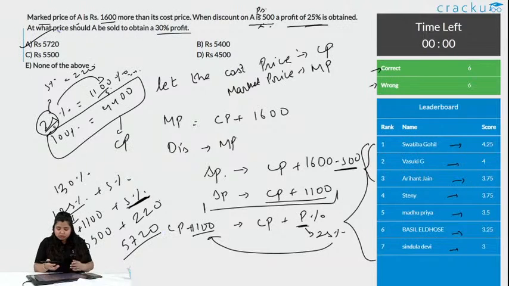See, there is no need to do all this. You can avoid it. The first thing is you can do this question without using a pen. It is saying a 500 discount on this, that means it is CP plus 1100, and we know it's 25%, that means 25% is 1100. When you know 25% is 1100, that means 100% is 4400 simply, and it is asking for 30% profit, that means we just need to add 30% of that. So already we know 25% is 1100, right? So add 1100, it is 5500, and then add 5%. It is that easy.